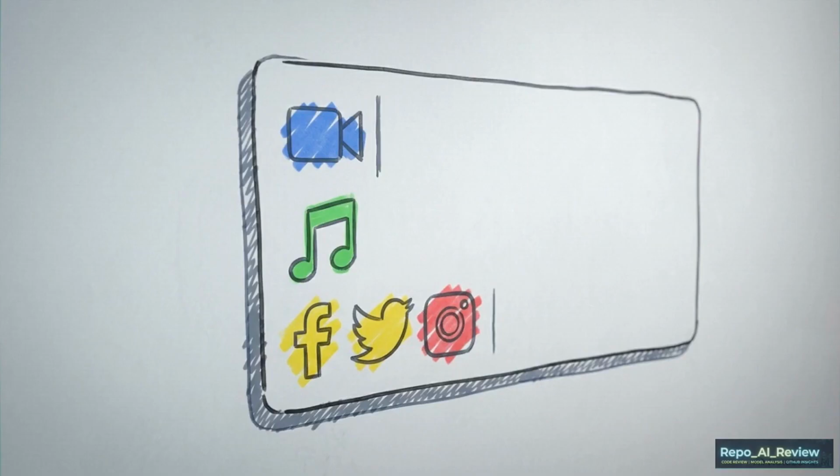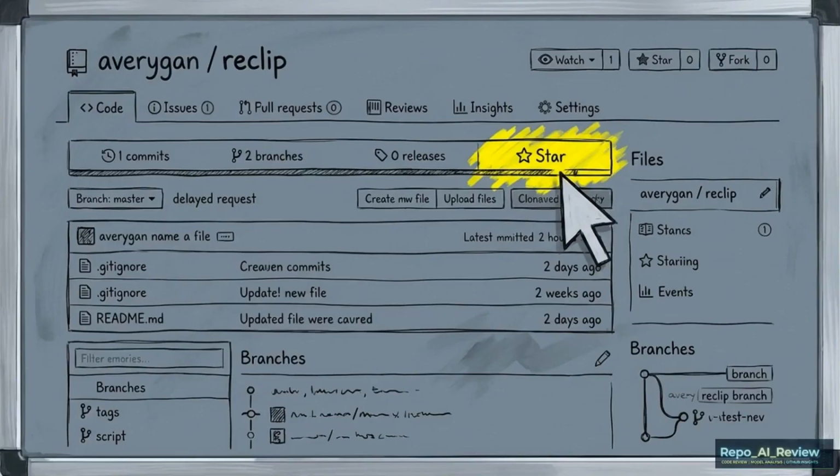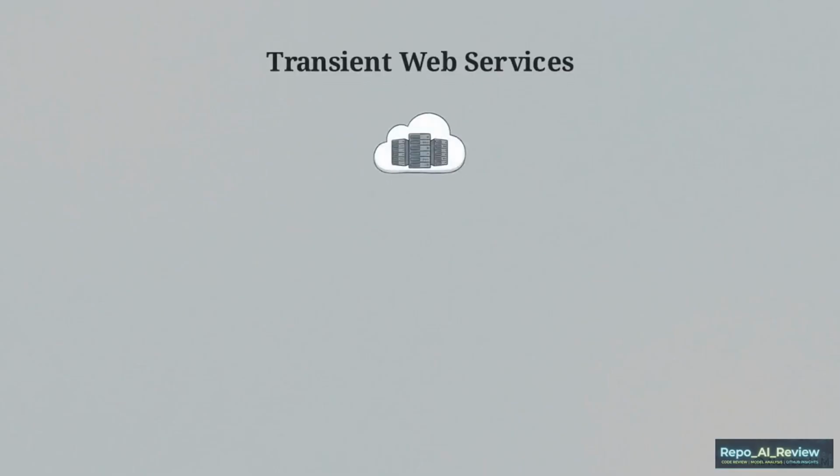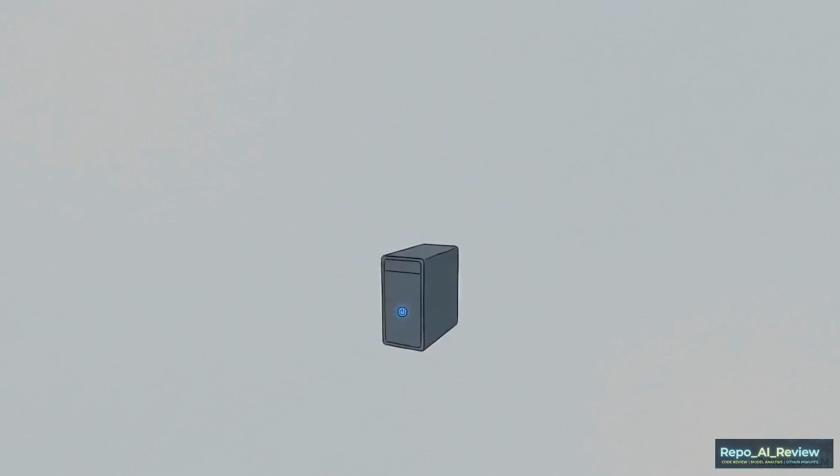To finalize your setup, try running a batch of URLs through the bulk download feature, and consider starring the Avery Gannon Reclip repository on GitHub to follow future updates. By moving the infrastructure to your own hardware, you bypass transient web utilities and take direct control over how you